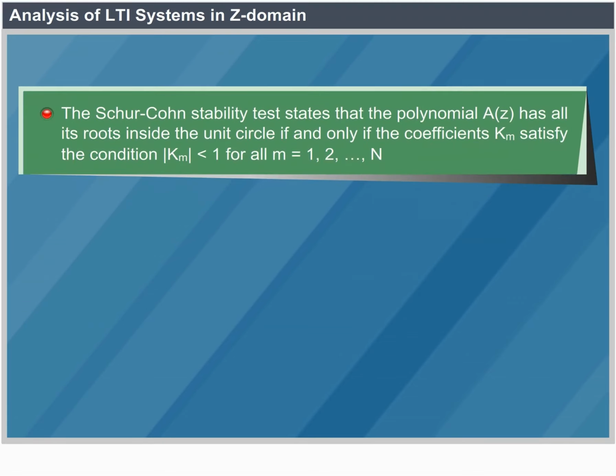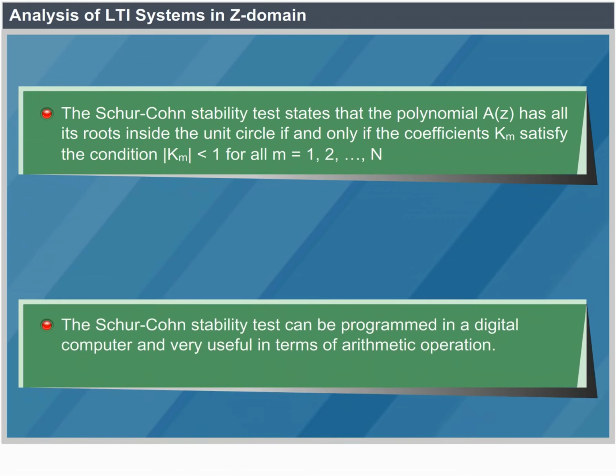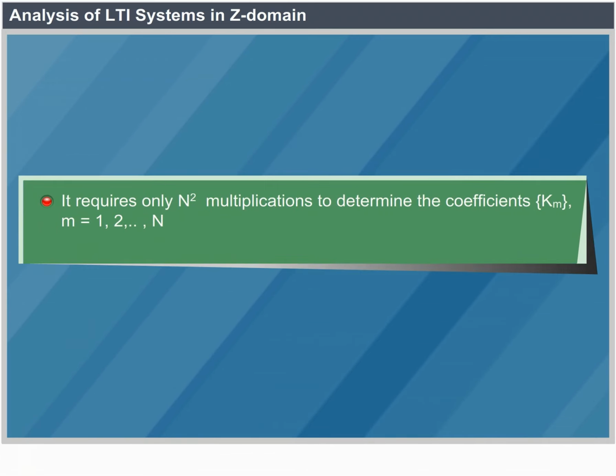The Schur-Cohn stability test states that the polynomial A(z) has all its roots inside the unit circle if and only if the coefficients K_m satisfy the condition modulus of K_m less than 1 for all m equal to 1, 2, etc. N. The Schur-Cohn stability test can be programmed in a digital computer and is very useful in terms of arithmetic operations. It requires only N square multiplications to determine the coefficients K_m, where m equal to 1, 2,